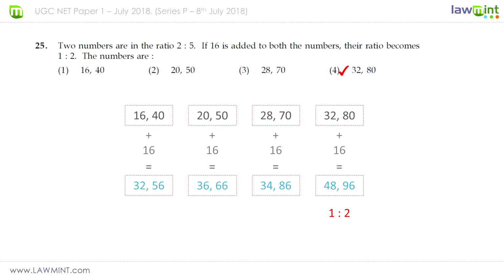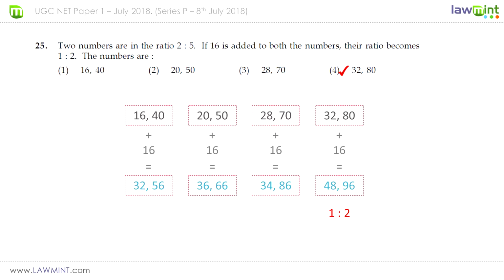For question number 25, we have been given a choice of 4 sets of numbers which are in the ratio of 2:5, and we are told that if 16 is added to both the numbers, then their ratio should become 1:2. So this problem can be solved by simple calculation. Just write down the numbers, add 16 to both the numbers, and you will see that answer choice 4 is